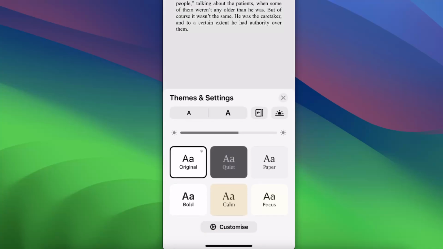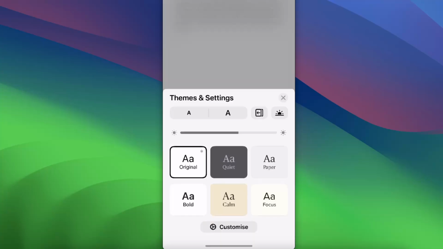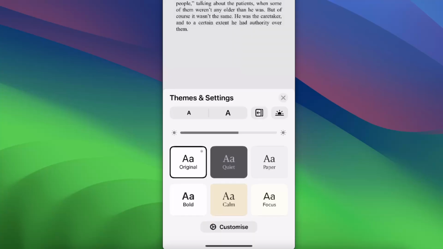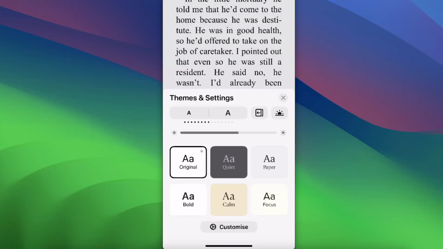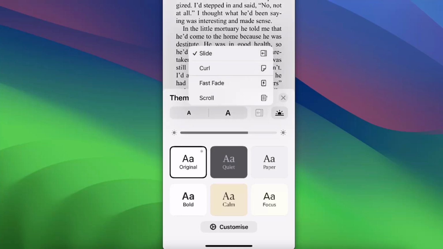Click on it. From here you can change a lot of things like dark mode, but I'm gonna leave it to original. You can also go ahead and make the font bigger if you need, and also change the brightness. Now to change the pages, you want to click on this button, the second button to the right, and